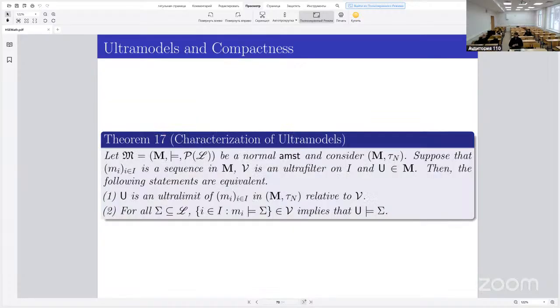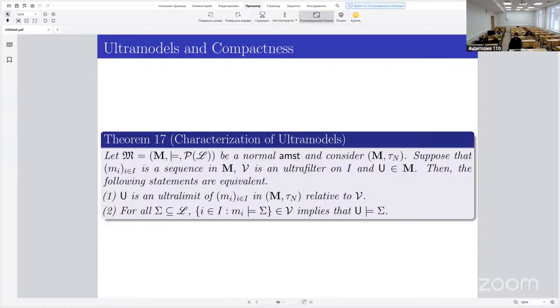Okay, so this is the characterization of ultra models. Now you see that whenever I am talking about ultra models, it does not have any structure like ultra models. It's just an element of the model, and this is one of the main reasons we pursued this approach. So you have a normal MST and you consider the topological space again. You have a sequence of models as before. V is an ultrafilter of I and U is an element of N. Then U is an ultra limit of this sequence of models, that is, U is an ultra model,